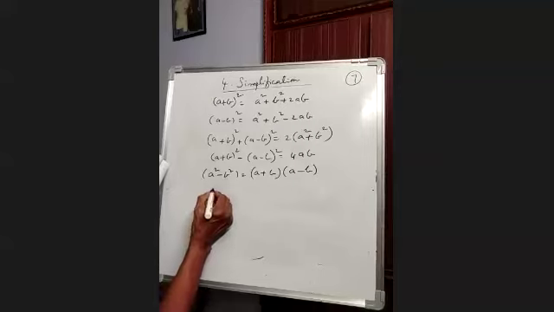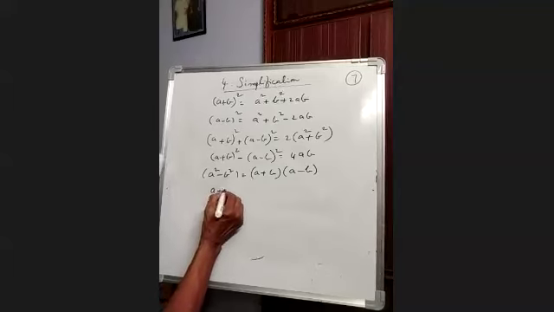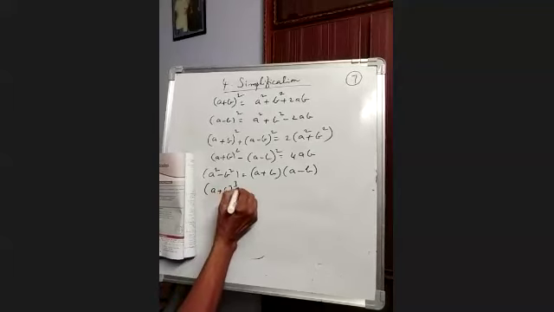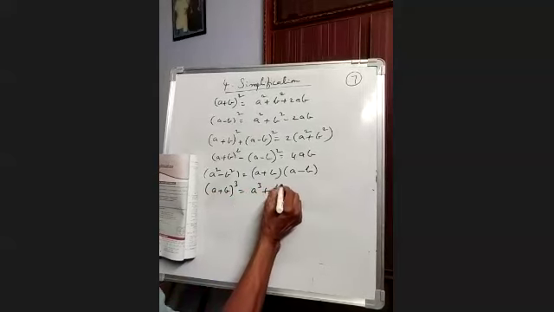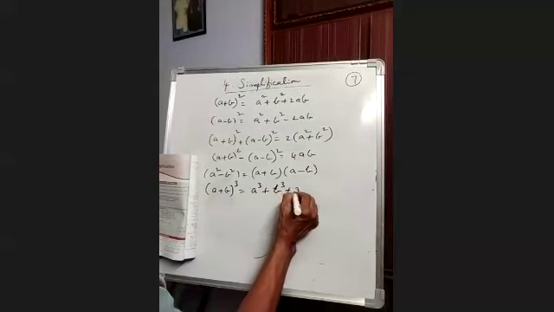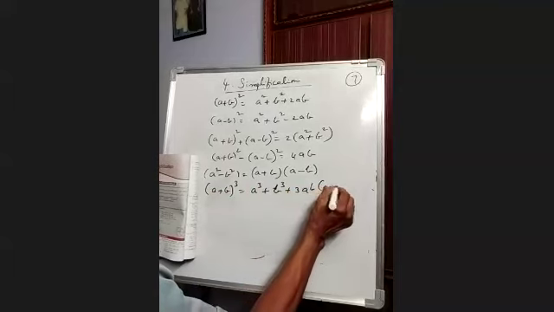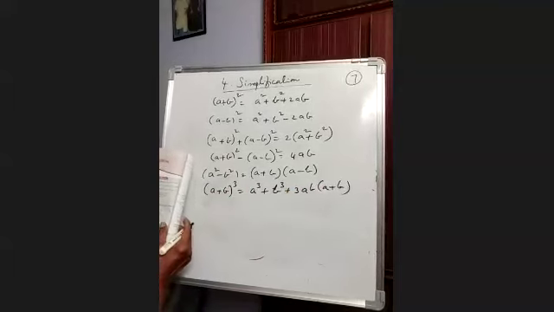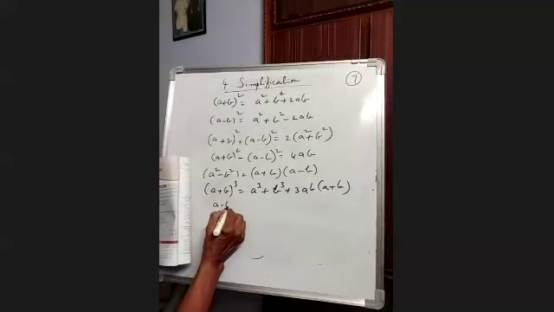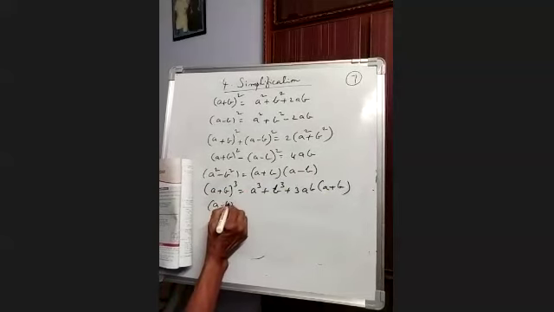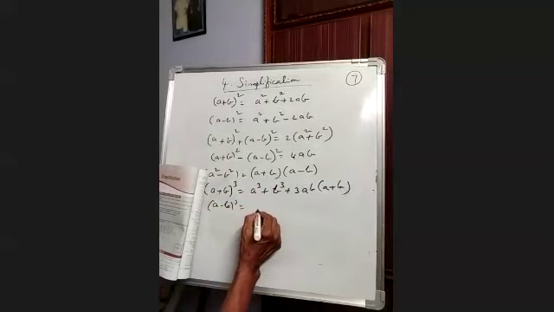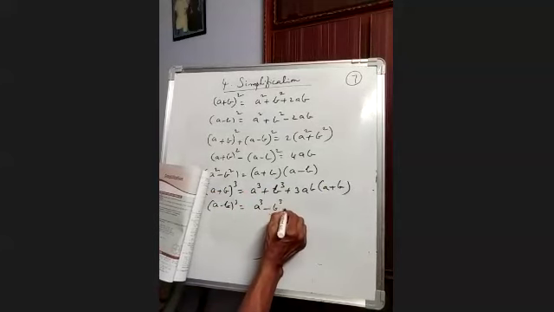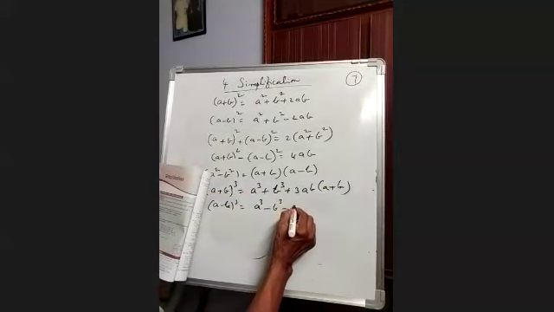A plus B whole cube is equal to A cube plus B cube plus 3AB into A plus B. A minus B whole cube is equal to A cube minus B cube minus 3AB